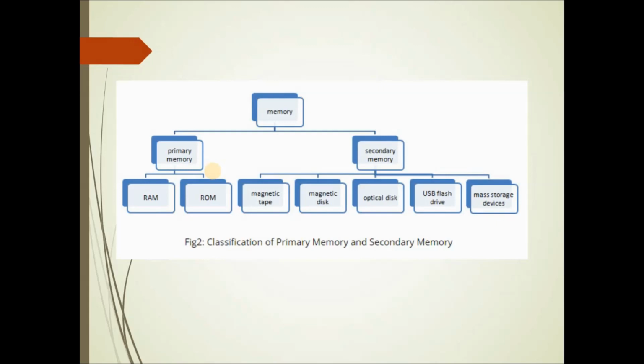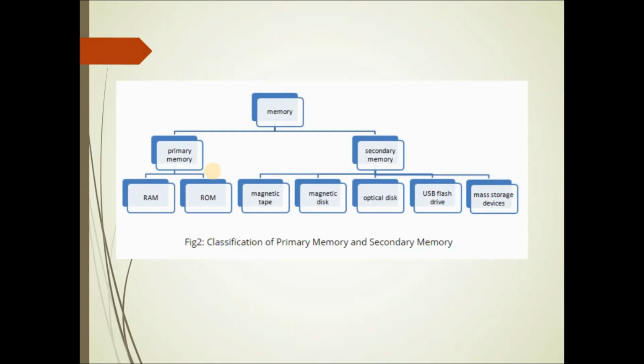So where is it given? It is given to the ROM, that is the permanent primary memory of the system. That is there in the BIOS. BIOS means basic input output services, which is there in the motherboard. So BIOS is there in the ROM. ROM can be divided into types: PROM, programmable read-only memory. Then EPROM, erasable programmable read-only memory, and EEPROM, that is electrically